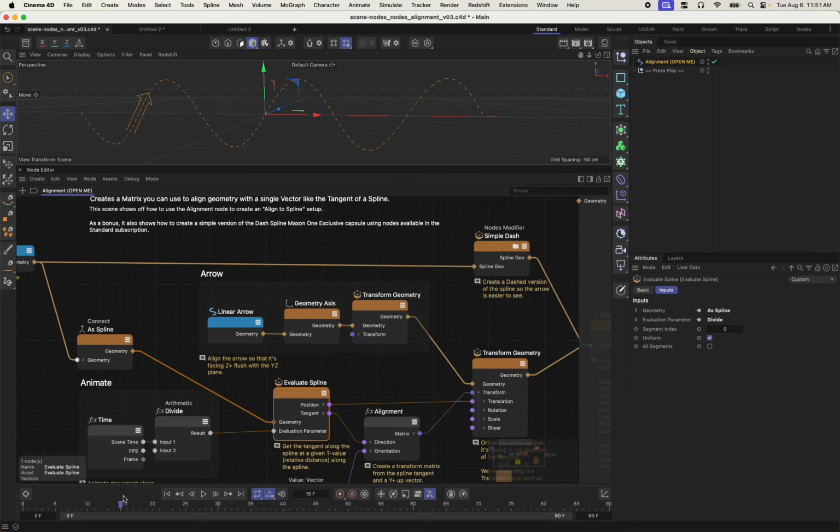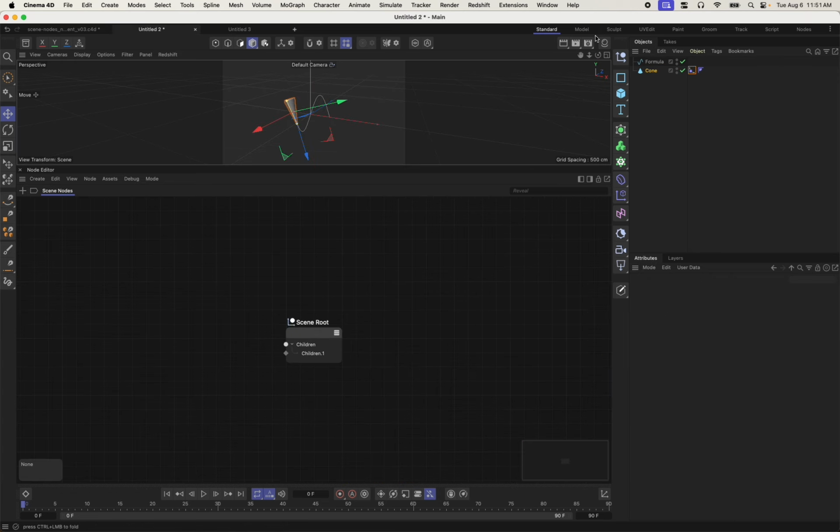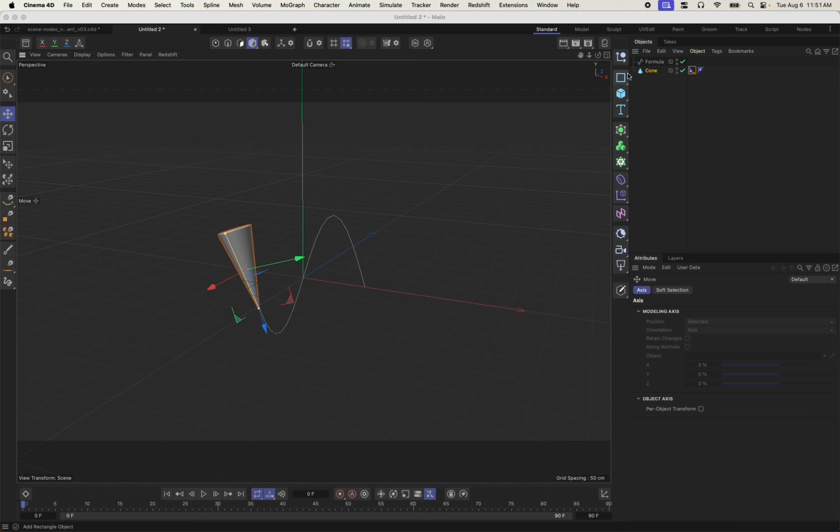Here I've got an arrow that is animating along the length of a spline that I've dashed using these two nodes. Now, if you wanted to do this in the Objects Manager in a more standard way, you would just